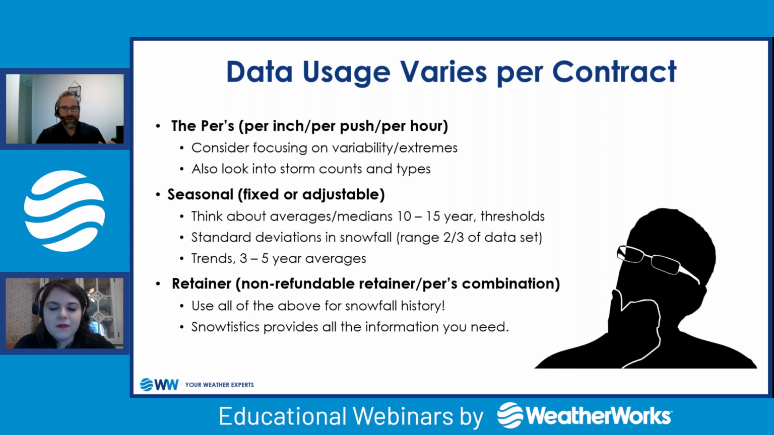But as far as in general, there's basically three types of contracts that you guys probably deal with on a day-to-day. You're looking at the PERS, which we kind of dubbed it, and those are those per inch, per hour, per push type contracts. The seasonal contracts, and also something that's relatively new, a retainer contract. So with the PERS, this might be an instance where you want to really focus on some of the variability and extremes that you're seeing, and also look into those storm counts or types, because if you're looking at per